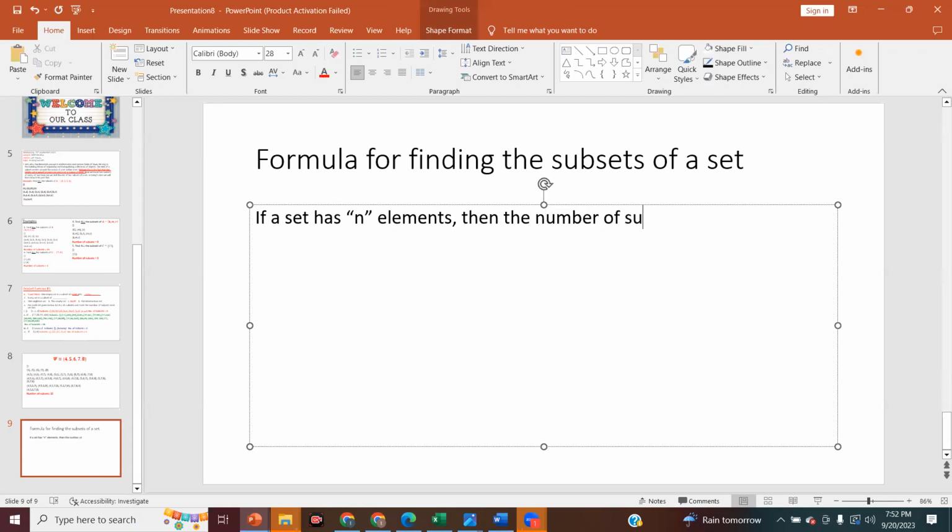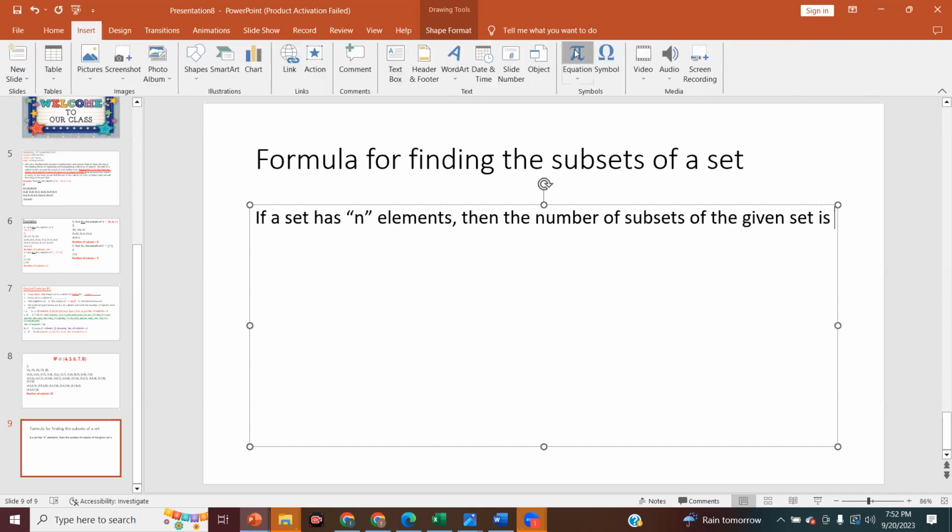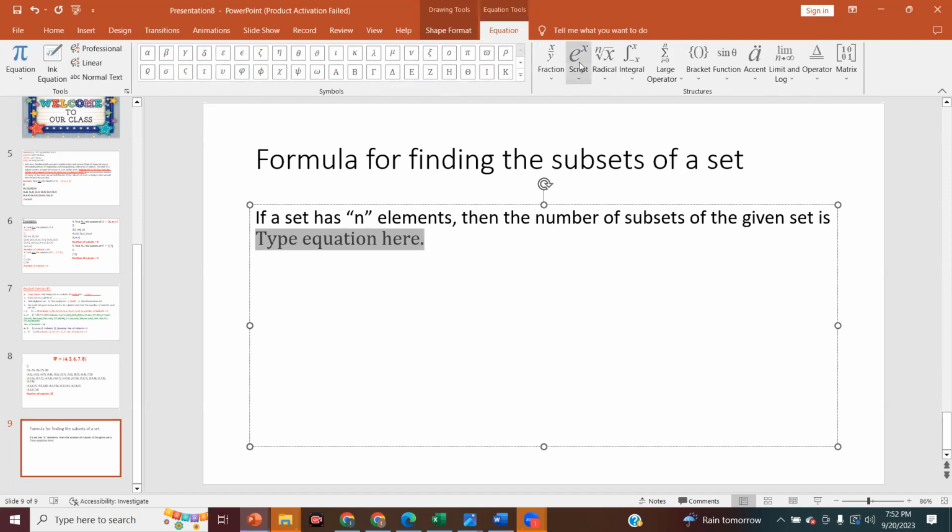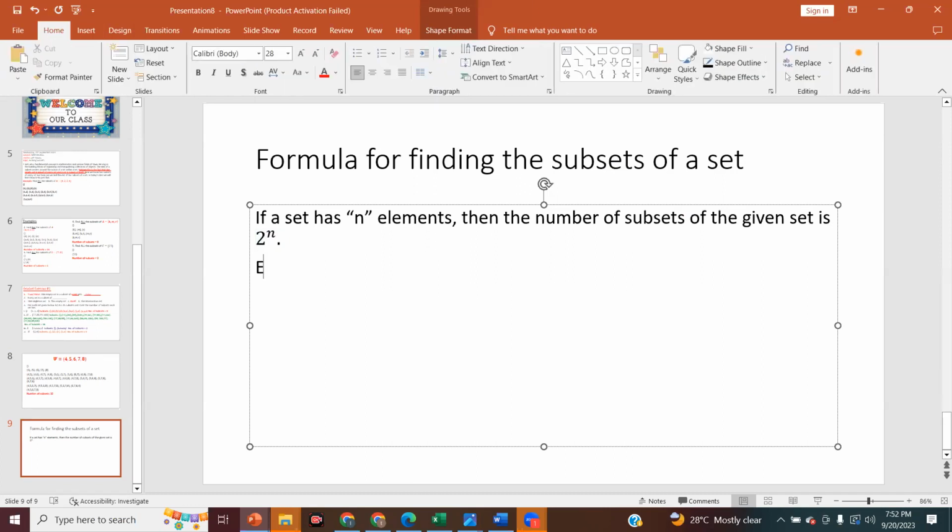of subsets of the given set is going to be expressed by the following formula: 2 to the power of n. So for example, if a set has 1 element,